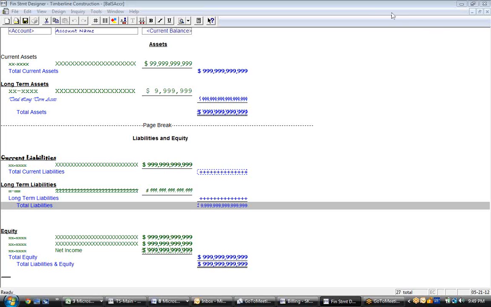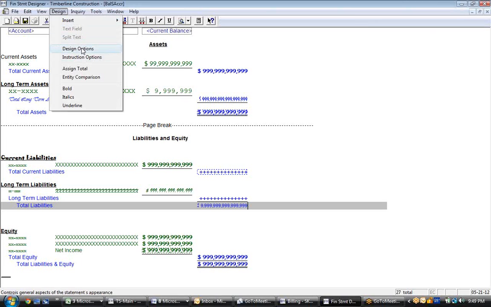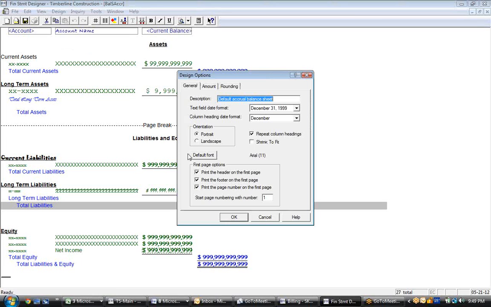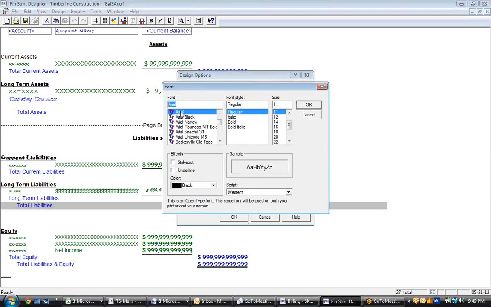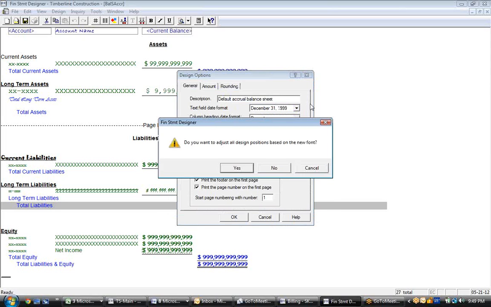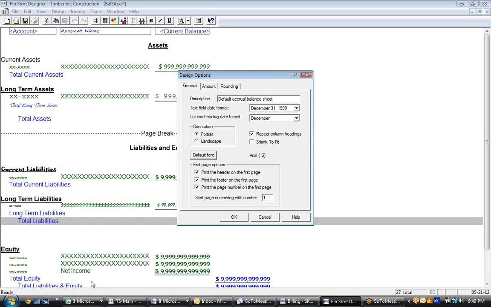And so you go into Design, and you go to Design Options, and you go down to the default font, and you change it. So in this case, my default font is going to be Arial Regular 12, or 11, sorry. We could maybe change it to 12 and see what happens. And it tells me that it's going to adjust a few things based on the new font. And there might be a couple things that changed, but